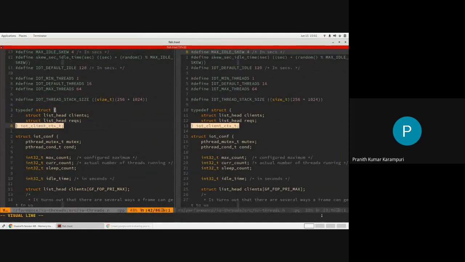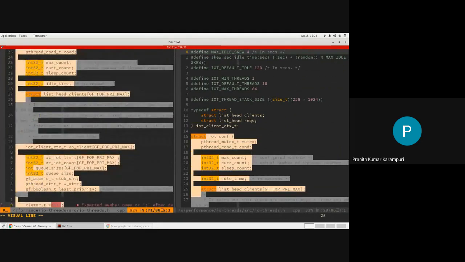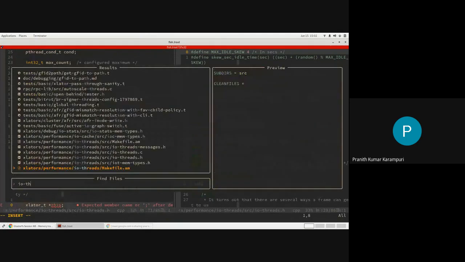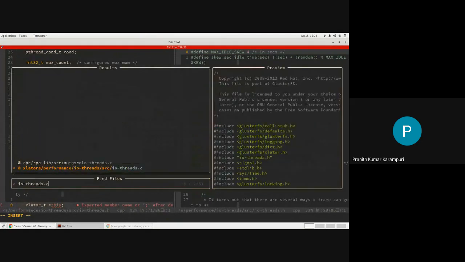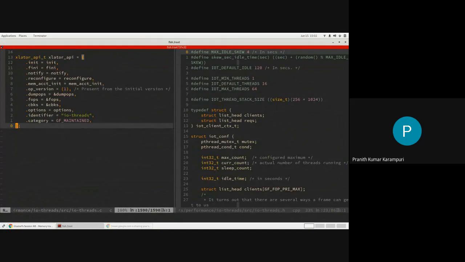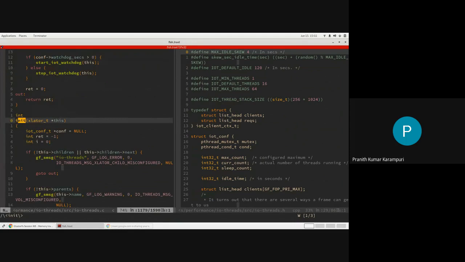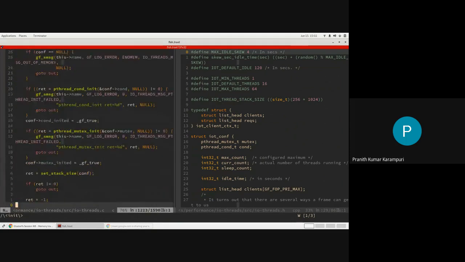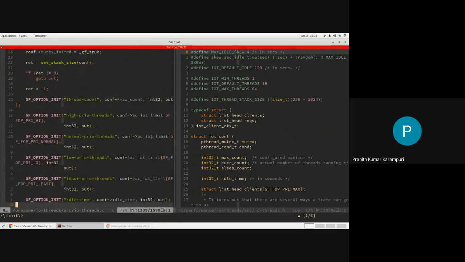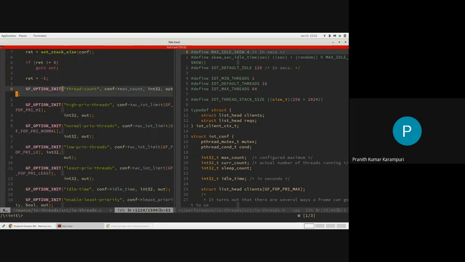So the client context, okay, let's first start with the configuration, which is in init. You basically have all these configurations that happen, where you can give options like the number of thread counts: how many high priority threads, how many low priority threads, normal priority, etc. So this is a priority based thread pool implementation.